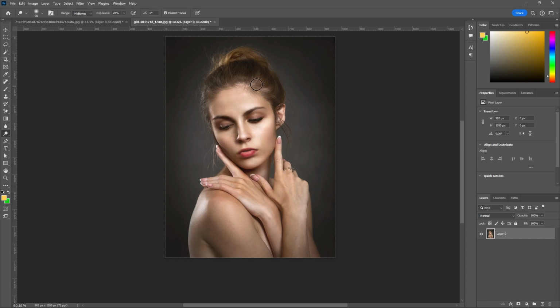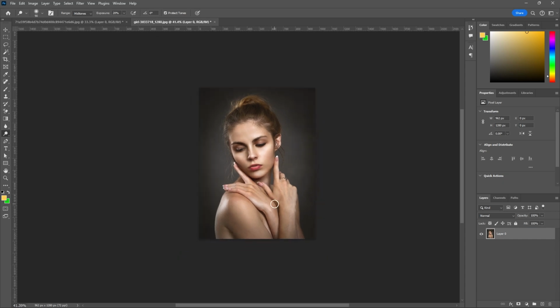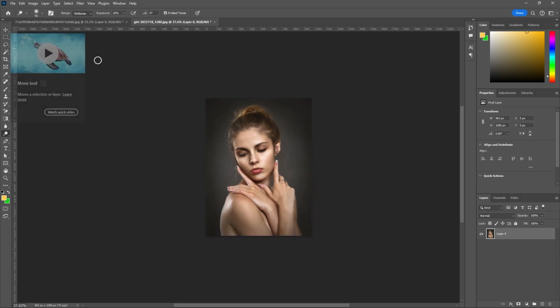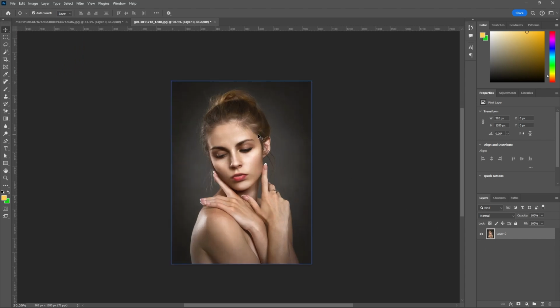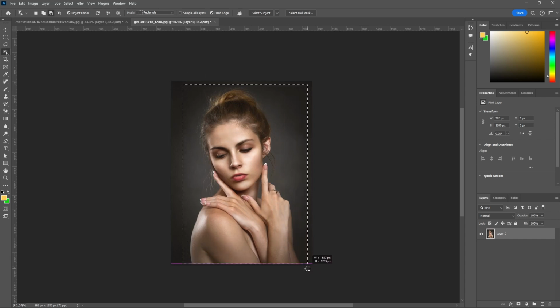right? Okay, okay, improve this much, and then remove the background. How to remove this background? Suppose here we have the object selection tool. So here you can select the object. Okay, select the object,